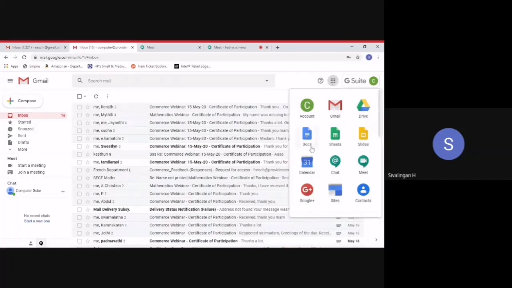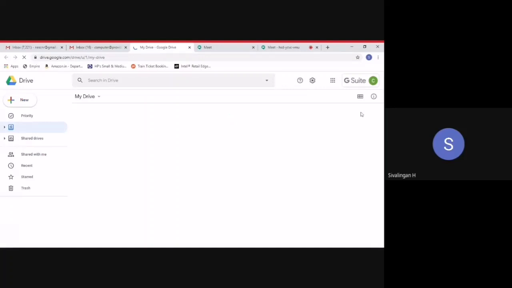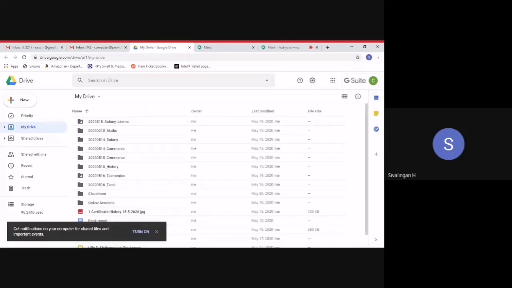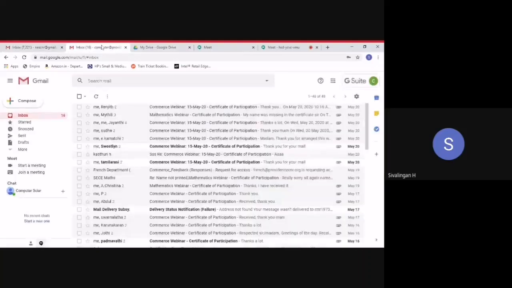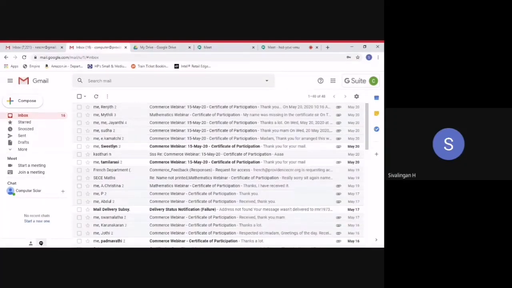Where you find that 9 dots are there, then you click Google Drive. When you click there, you can see the recorded file. Once you stop, that recorded file will appear in this particular screen, but now we don't have anything. So it will come in this drive. You can see the file, and also a copy of that video will be sent to your mail ID. You will find one mail in your inbox, which will have the video which was recorded earlier.